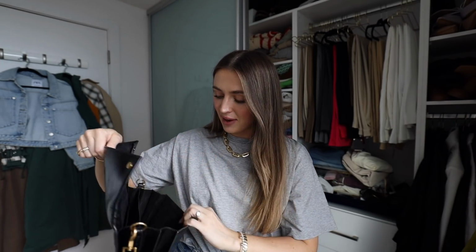My 2 black bags obviously are the ones that will never leave my closet. The first one is this, and oh God, I don't remember. I need to go back. I'm constantly looking at my phone photo album to help me with years, but I'm pretty sure this was 2018, maybe 2017. Jamie Page and I were on a PR trip in San Francisco with Benefit, and we both bought this bag. We have matching bags from the Saint Laurent store in San Francisco,